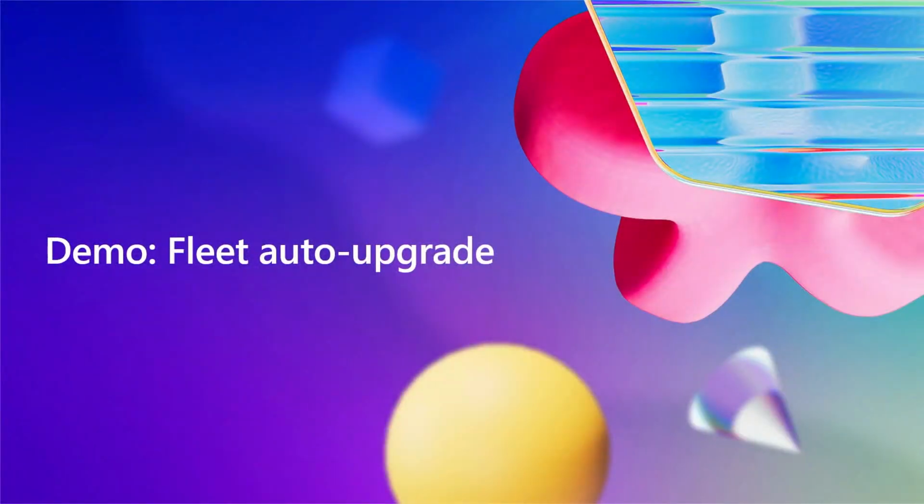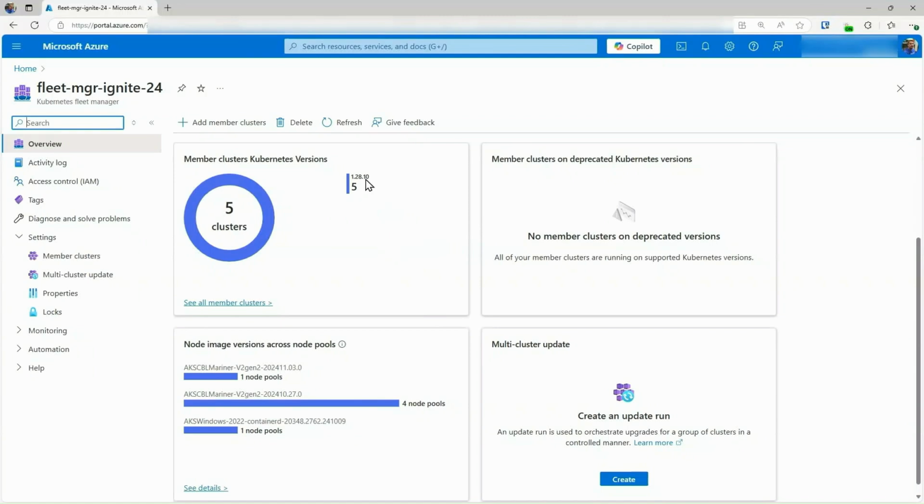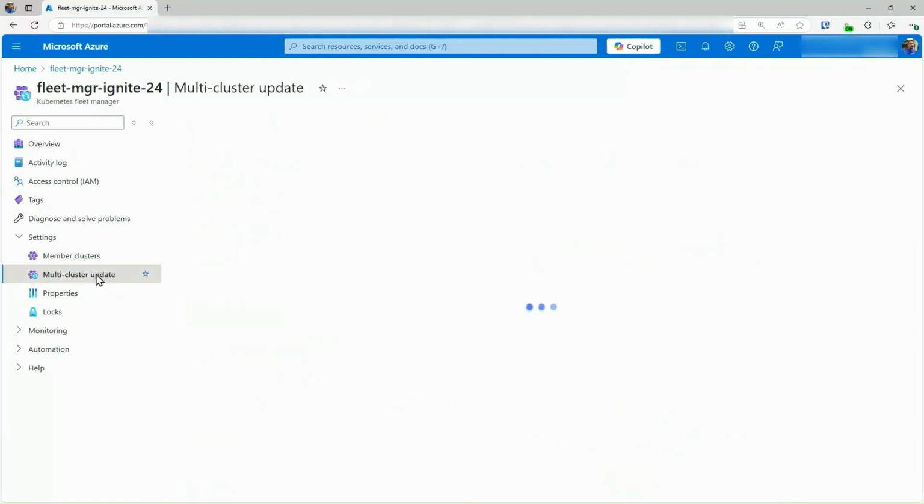Let's take a look at how this actually works and how it leverages all the other AKS upgrade facilities that I just talked about. So in here we have a fleet that has 5 clusters. They're all in 1.28, potentially different patch versions of it. And they are fairly heterogeneous. They have different node pools with different images and more. So we're just going to configure one of our